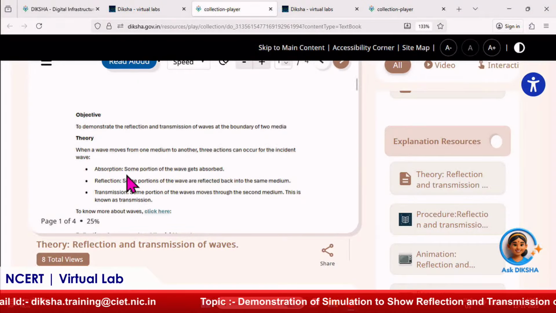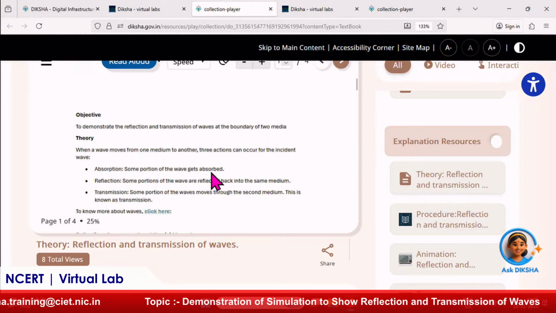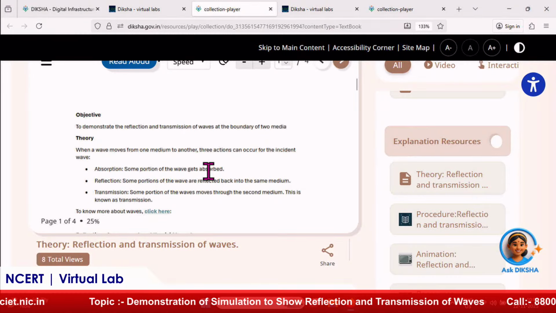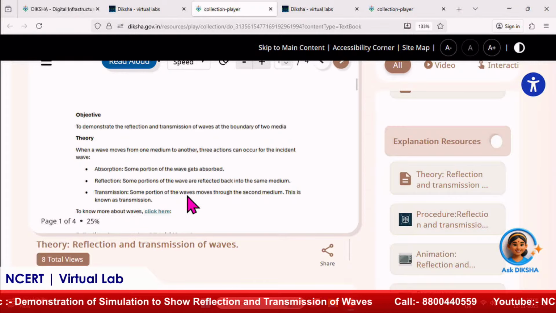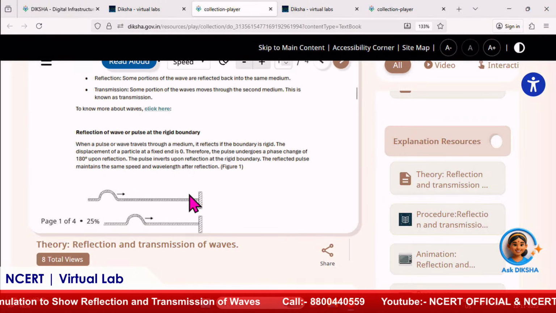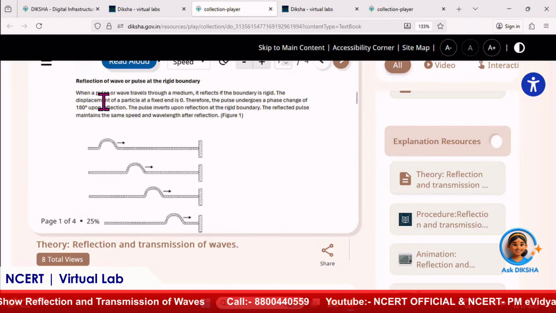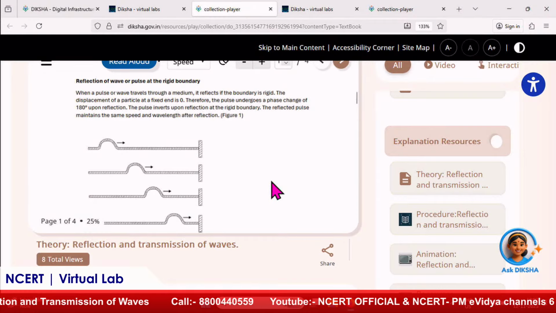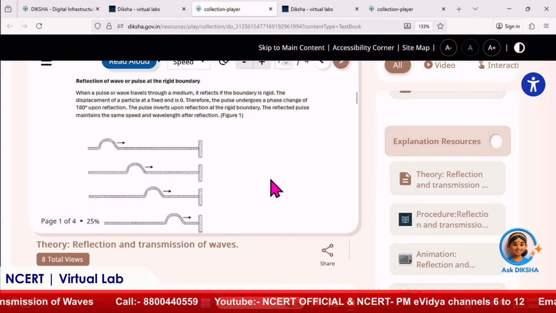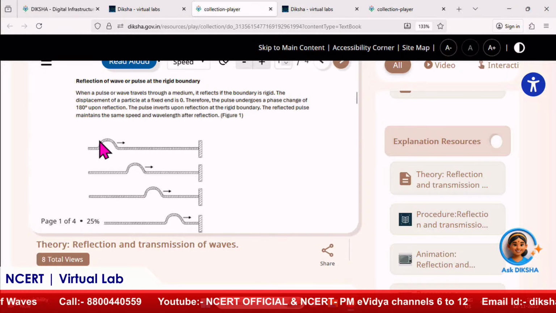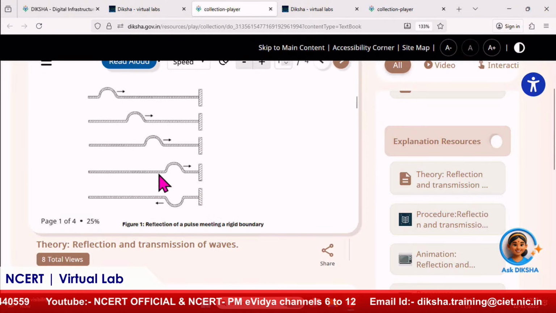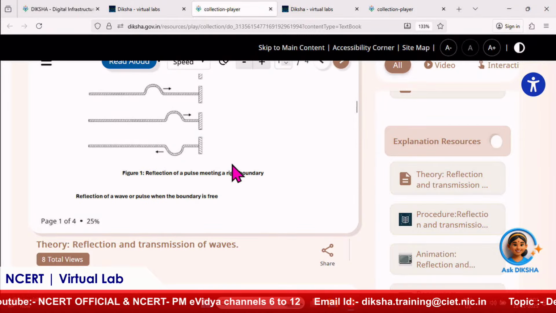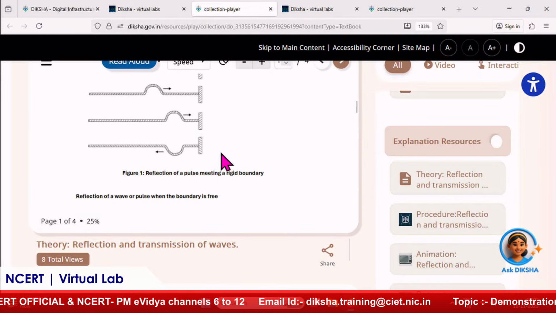So, absorption is that portion of the wave's energy which gets absorbed by the particular medium. Then reflection: if it bounces back to the same medium, some portion of that energy gets reflected back, and some portion gets transmitted. So, here with the help of one string we will give one pulse to it. One pulse is a small disturbance in the energy level. When it travels with a certain velocity and if some boundary is there, how does it get reflected back? You will see that when the boundary is rigid, that means it is connected to some wall,